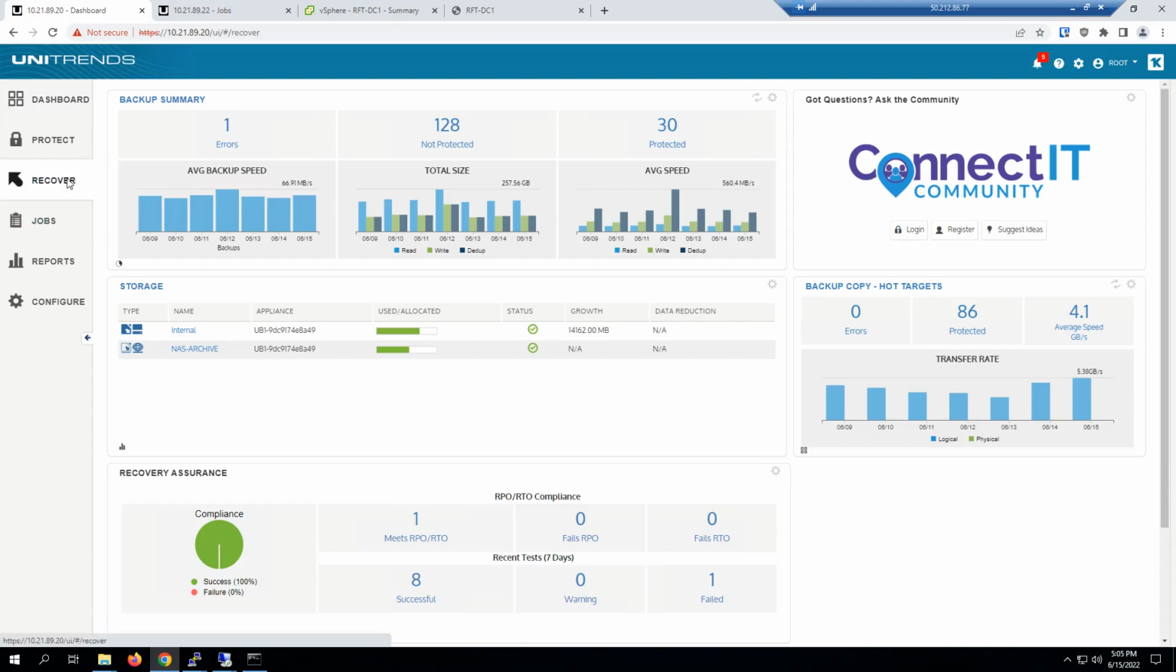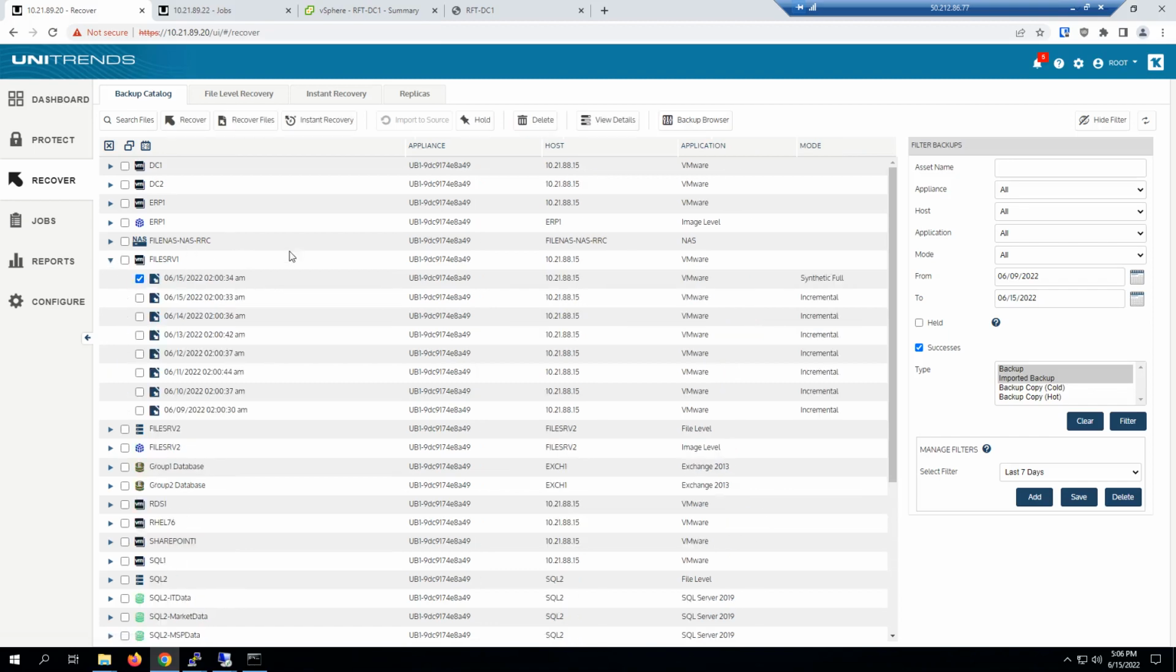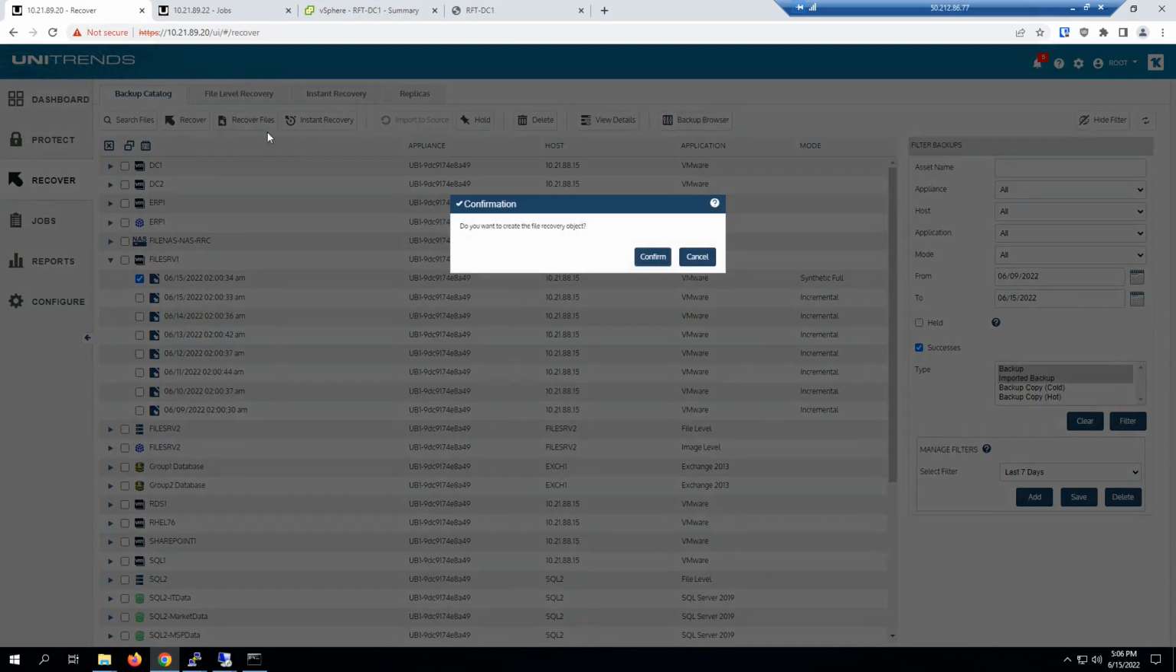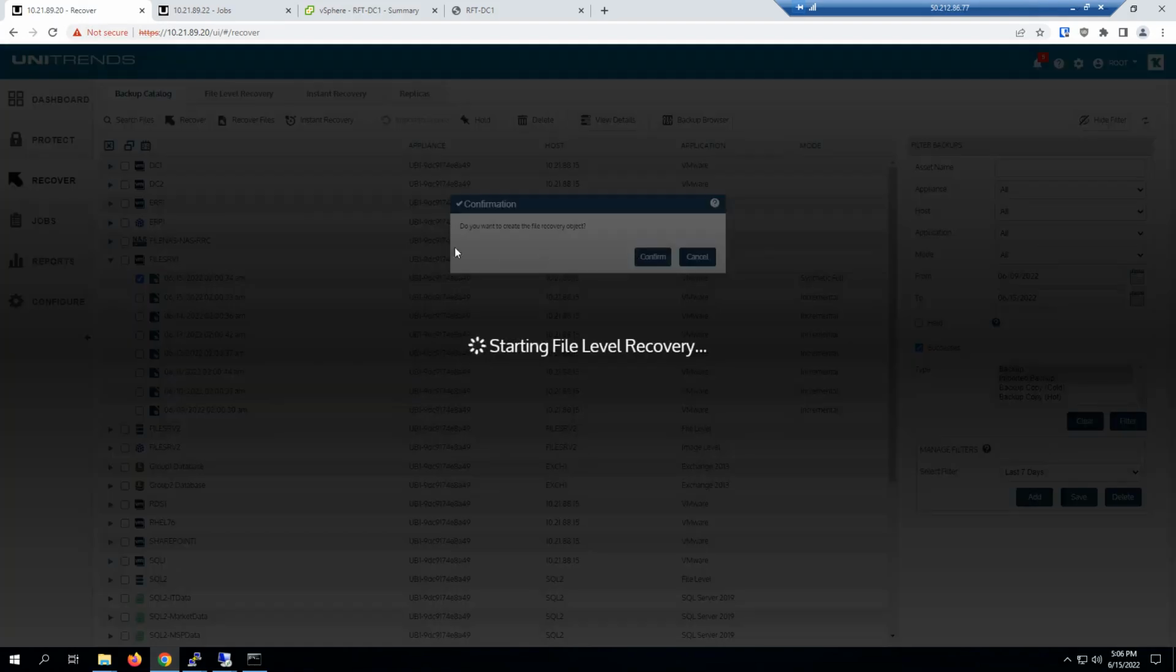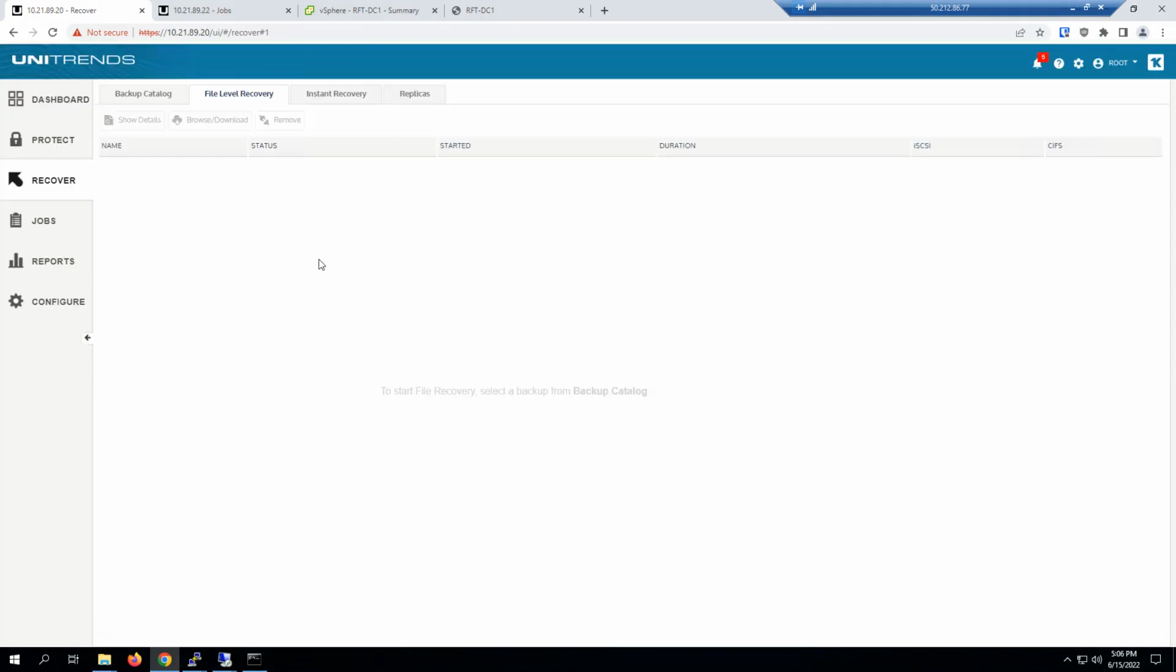Jumping into the UI here, under the Recover tab, under our Backup Catalog, we can then drill down and find a system that we'd like to recover using iSCSI. For example, if I need to maintain permissions with my file server, I can choose Recover Files and hit Confirm. This will start the process of figuring out what blocks in the database made up the disk at this point in time. Once we have those blocks, we can then mount the disk image to the Unitrend appliance,